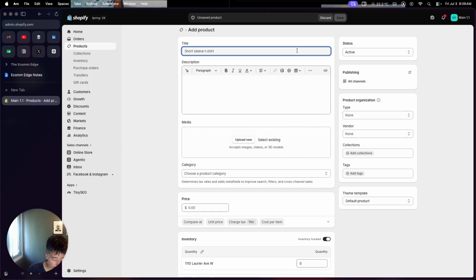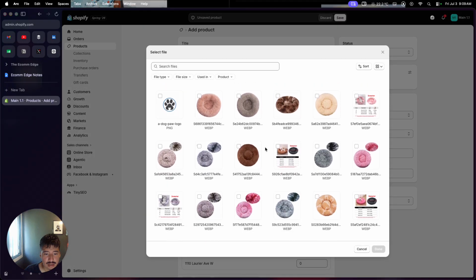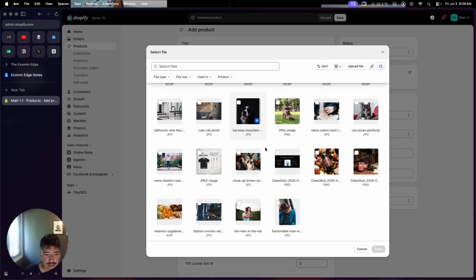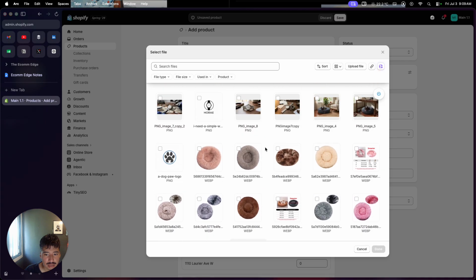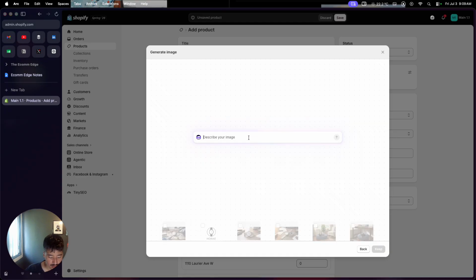So we could call this like men's black t-shirt, right? We're gonna add an easy description using the AI tool that Shopify provides us with. And then while it does that, we're gonna select an existing products here. Let's see if I have any black t-shirts here. I do not have any, but we're gonna just use the AI image tool here for the image. So we're gonna just do,